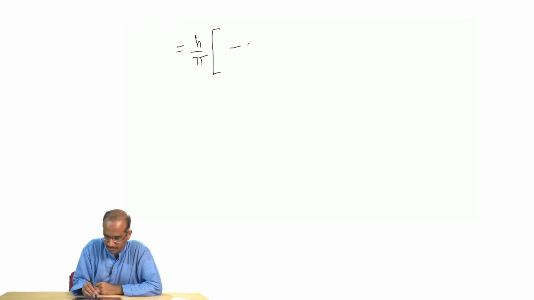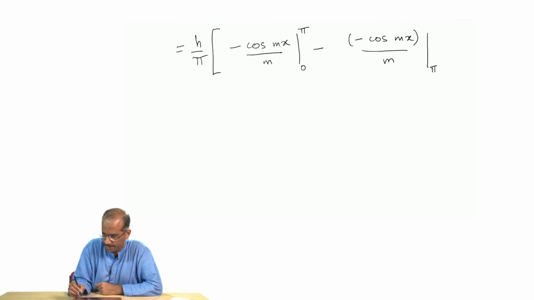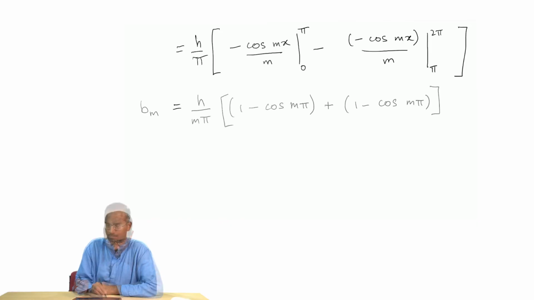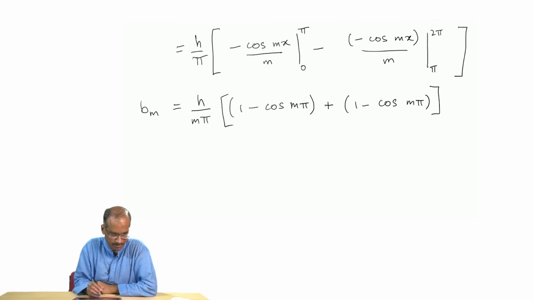I am going to get minus cos mx by m between 0 to pi, minus cos mx over m between pi and 2 pi. If you put in the limits, this is going to give me